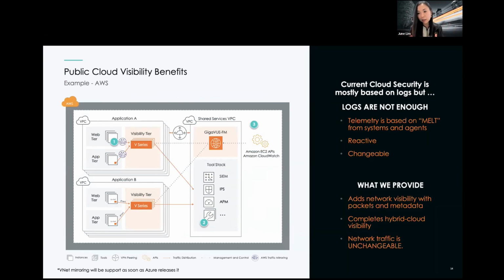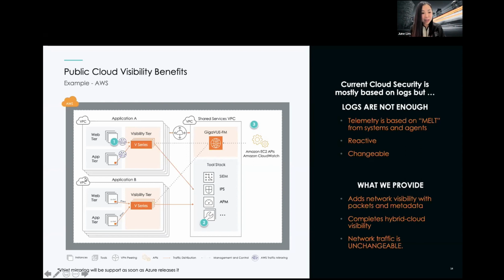As I mentioned just now, on public cloud, there's no SPAN port that you can plug in and get the traffic out. So what can you do? Public cloud is not new. Amazon has been around for many years. So you start to see that, let's say if you have an IPS, then you will need to have agents on your different instances, your public cloud workloads. Imagine you have so many workloads on your public cloud. For IPS, you need one agent per instance.